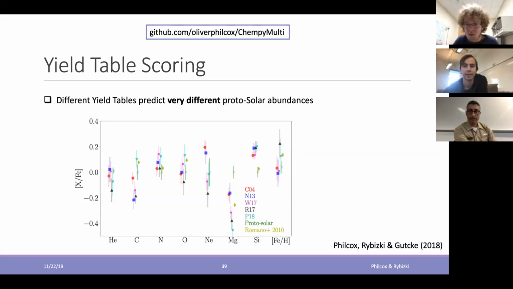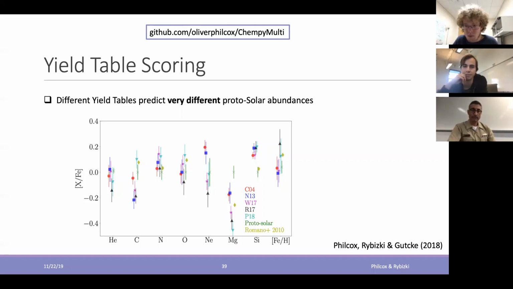Definitely. You just have to implement it, give another free parameter, and then you will get your different channel fractions. So that should be doable. Just implement a new yield table, and then this would run.